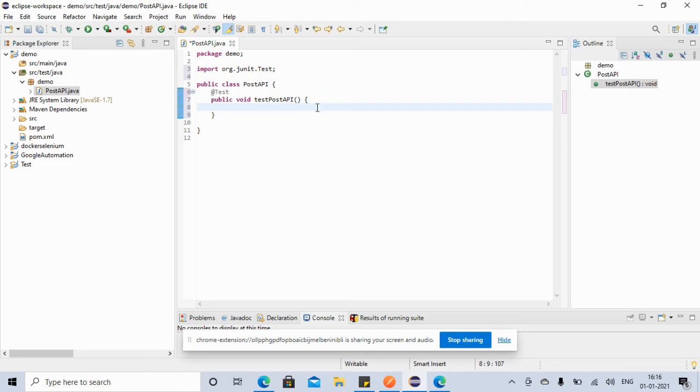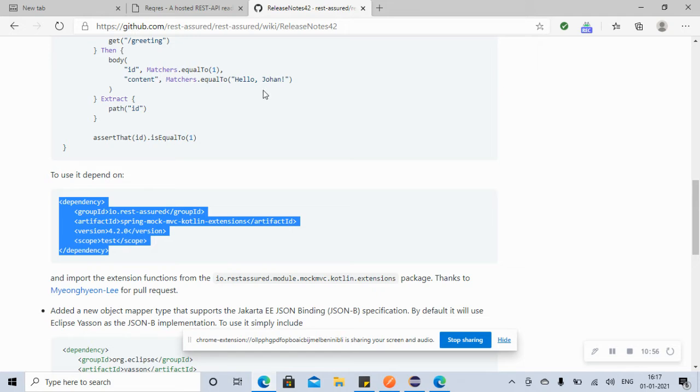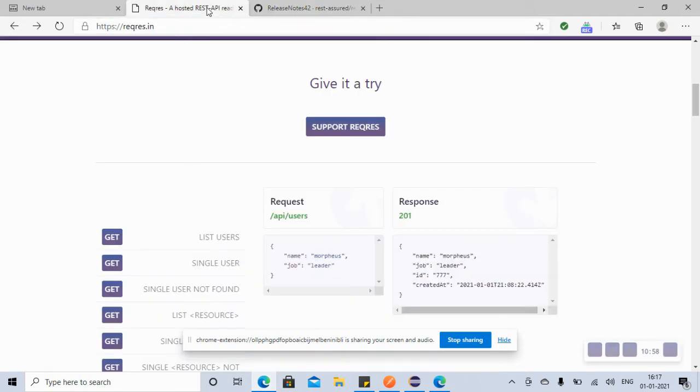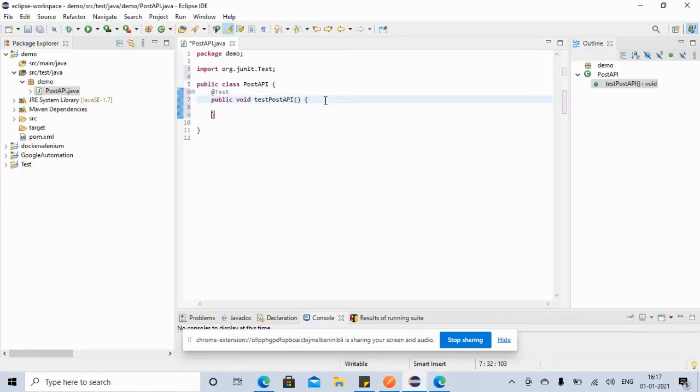So let's create the REST Assured setup first. So this is the URL. We know this is the URL right here. Sorry, let's go here. So this is the URL. So let's first do the setup for this. Since now we have the REST Assured library, you can say RestAssured dot